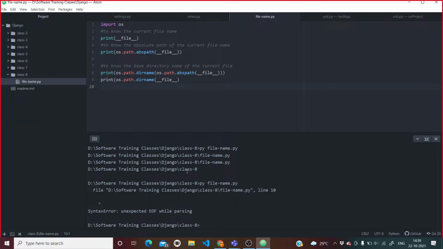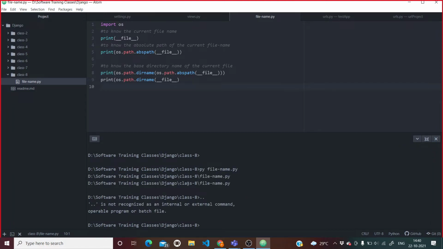Unexpected end of file. Yes, because it is trying to find the dir name, but it is not able to identify at which path. That's why we have used os.path.abspath. But if I try to print both, you can see that both are giving the same result.